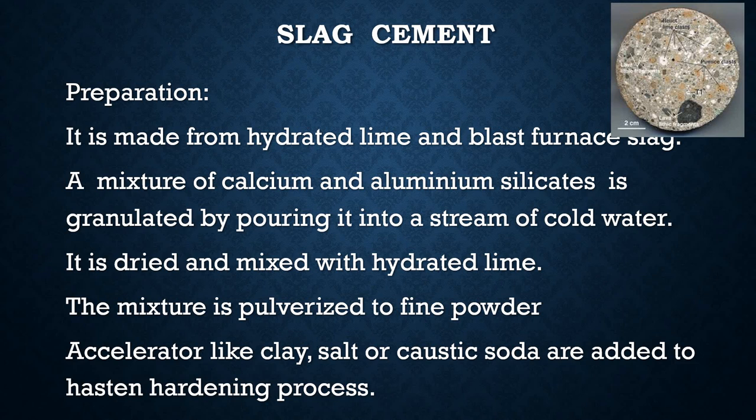Slag cement. It is made from hydrated lime and blast furnace slag. A mixture of calcium and aluminium silicate is granulated by pouring it into a stream of cold water. It is dried and mixed with hydrated lime. The mixture is pulverized to a fine powder, and accelerators like clay, salt or caustic soda are added to hasten the